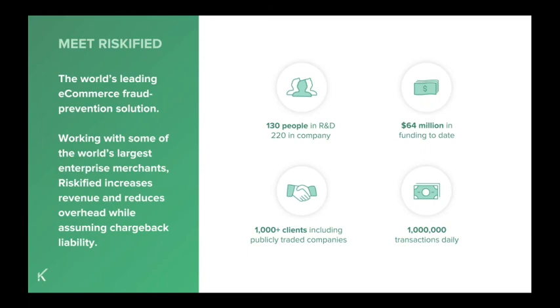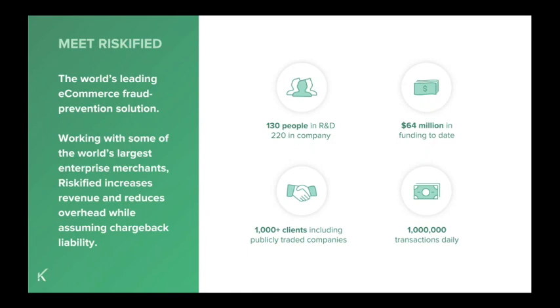With that, removing customer friction, having instant decisions, and when you outsource something like this, you want transparency. You want to know how you're performing and why you're making the decisions that you're making. And we work hard to make sure that our customers have transparency into our performance in real time. As a company, we have about 130 people in R&D, which I think is very important. It's over in Tel Aviv because we were a product-built company first, and I think that's a key differentiator for us.